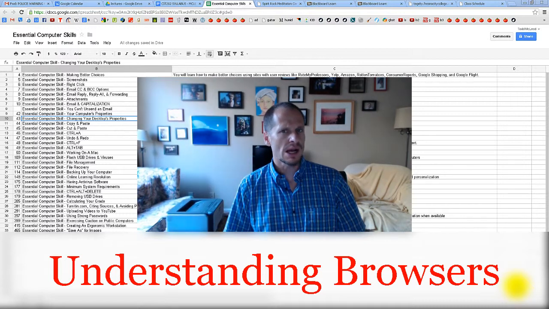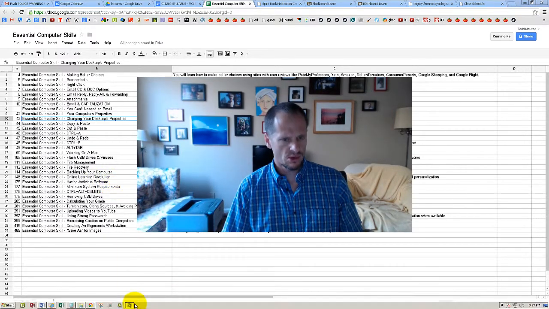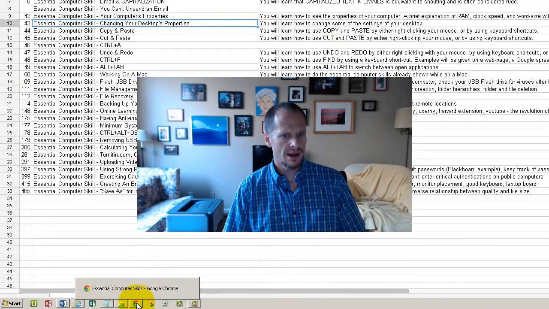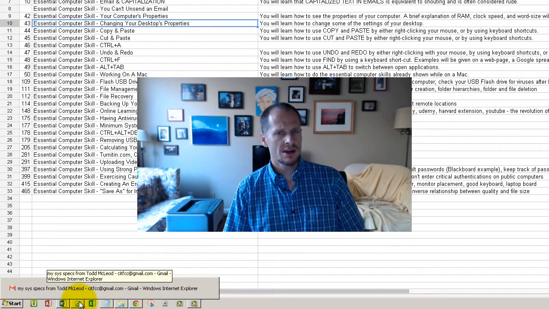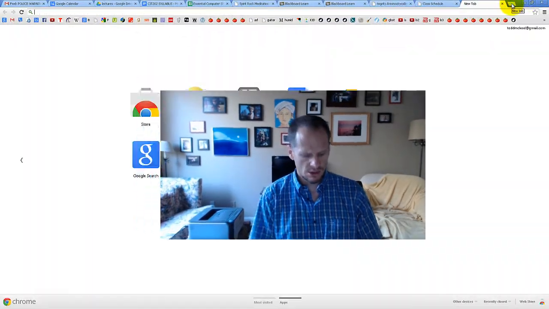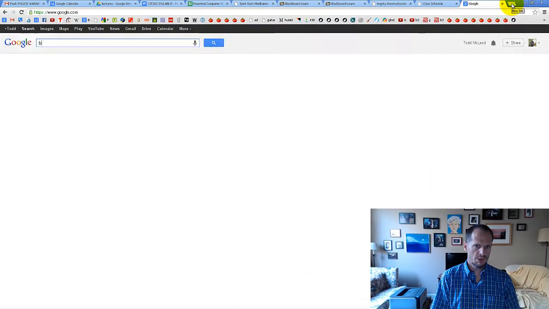There are several different browsers that are out there on the market. For instance, right here, I am using Google Chrome. But instead of using Google Chrome, which is this icon right there, I could have also used Internet Explorer. Internet Explorer is another browser that's out there in the marketplace. In fact, if you go to Google and you search for browsers,